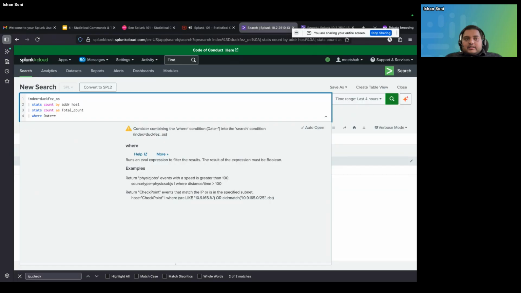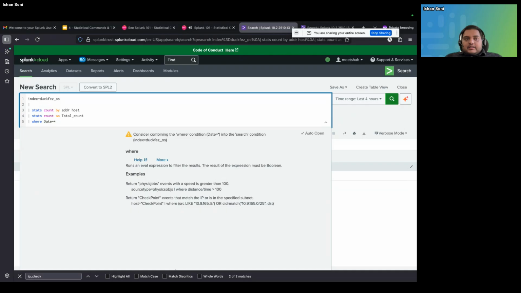It won't work because this will only work with the aggregated data, and star will not be taken in the where. If you want to do searching based upon some particular field or any count you are looking for, you can use a search command, but it should be before aggregation. Okay, so search you can use